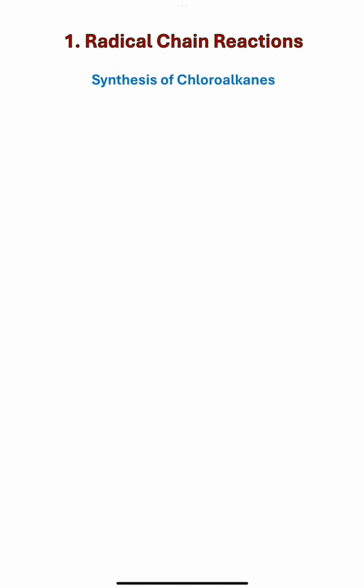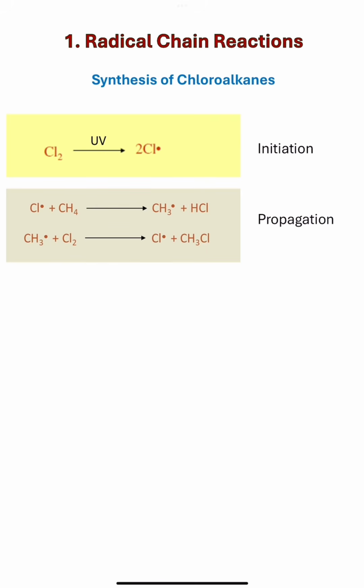give you chloroalkanes. In this reaction, it starts with the initiation step, where the UV light provides the energy to break the chlorine molecule into two chlorine radicals. And then the chlorine radical starts to react with the methane molecule, or with the alkane, to give the methyl free radical, and also the methyl free radical can react with another molecule of chlorine to give the chlorine free